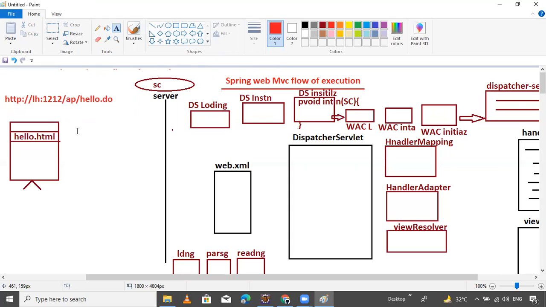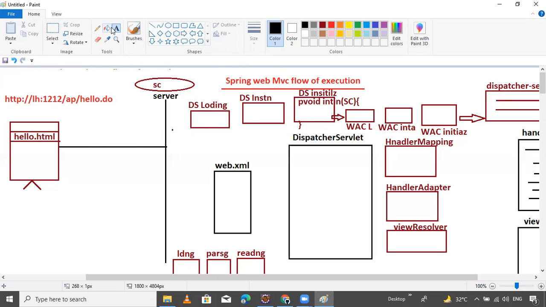Now this is the important part. Give request to the container, and then the protocol will establish the connection between client and server side application.